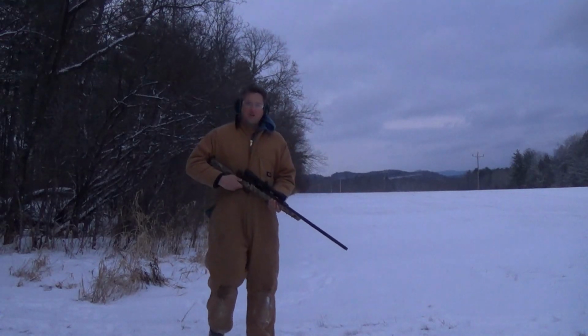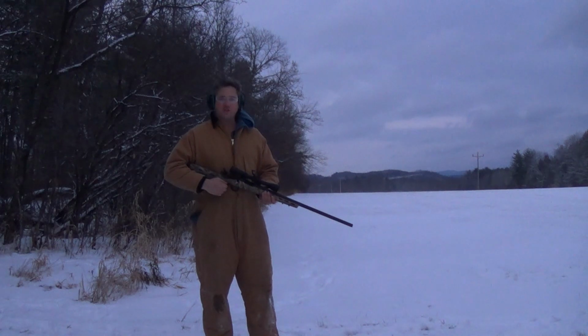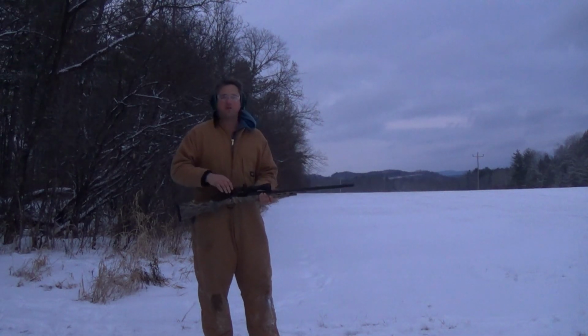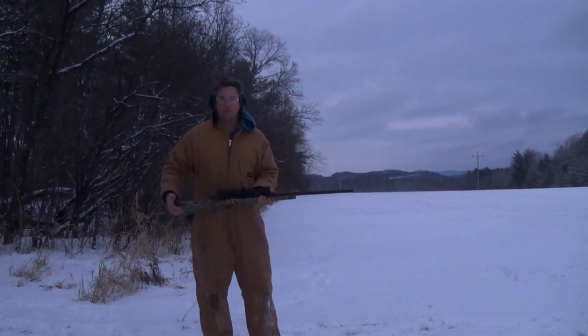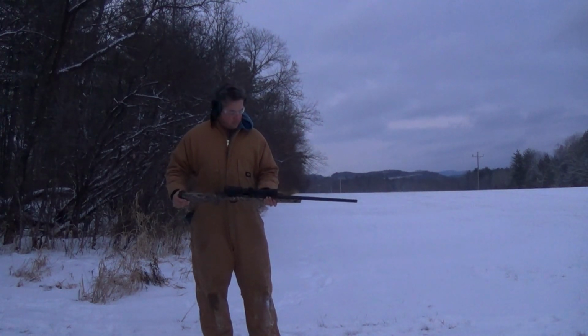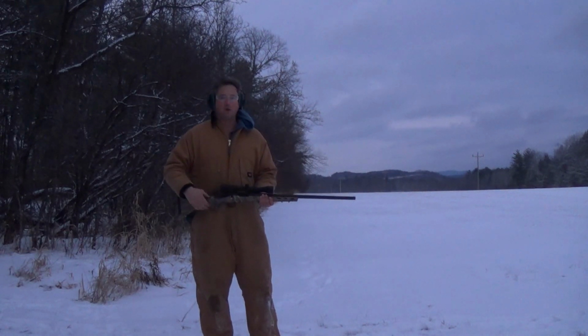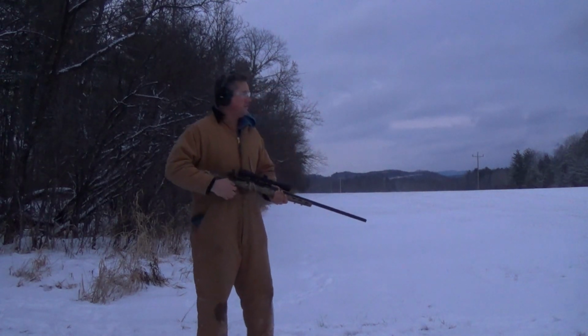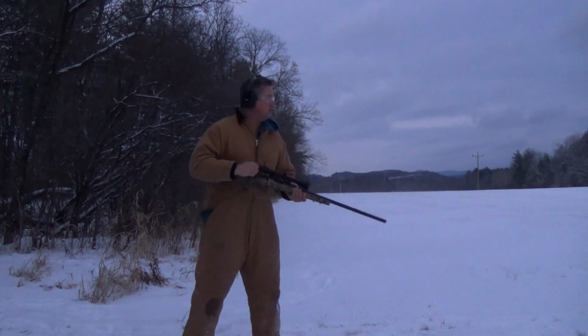So the sun is starting to set here, and I wanted to just do a couple shots standing. The scope ring is definitely frozen. I tried to bring the magnification down from 8, but I can't. It's frozen on the scope. Not super surprised about that. And also wanted to work the bolt and really feel the recoil of this rifle. So we're just gonna take some shots into that backstop right there. Try to work this bolt pretty fast and see what we...